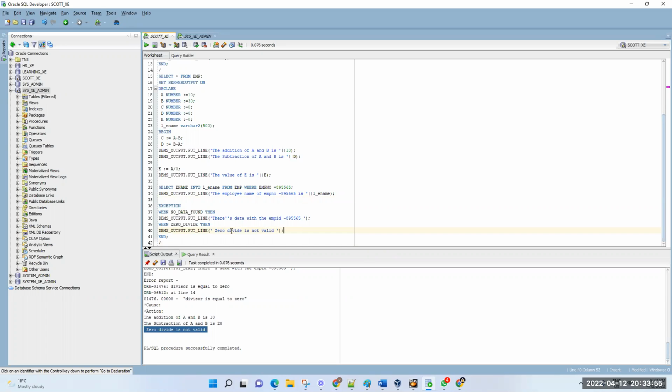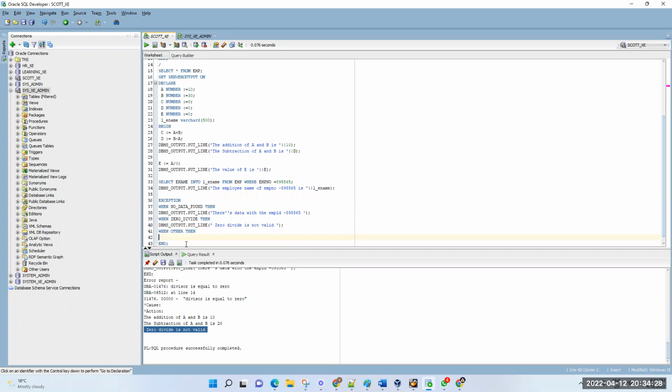Now you got this one, right? This is zero divide error. This type of errors we need to handle this way. If you know the error, you can handle it. If you don't know the error, you can handle it with WHEN OTHERS THEN. Just simply we can